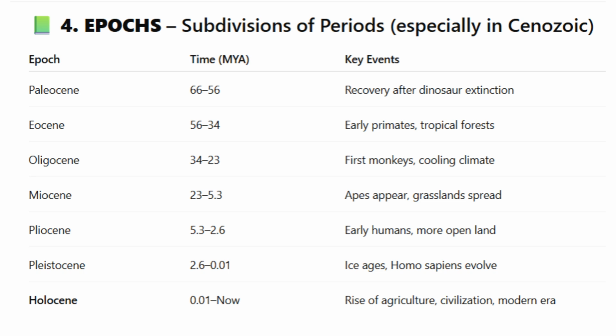Holocene epoch, 0.01 to present. And finally the Holocene. The modern world is born. We build farms, cities, languages, civilizations. Everything we call history fits into this tiny sliver of time. From jungle apes to rocket ships, the epochs of the Cenozoic tell the story of how we got here. And the story isn't over yet.